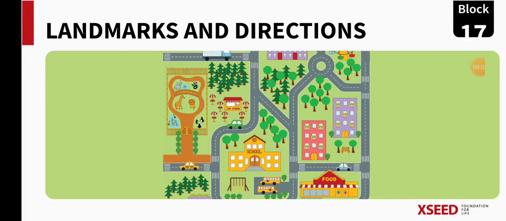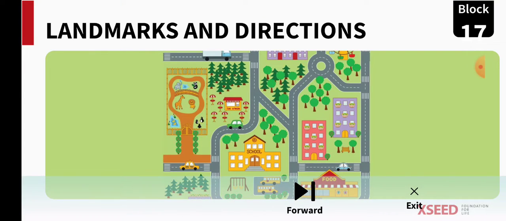In today's class, we are going to learn about landmarks and directions. Okay, landmarks and directions. What are landmarks? In order to find a way or a direction, we come across some temples or buildings or roads, markets, which we can use for directions. From which we can take them as a point and move towards our direction. So we will learn more.